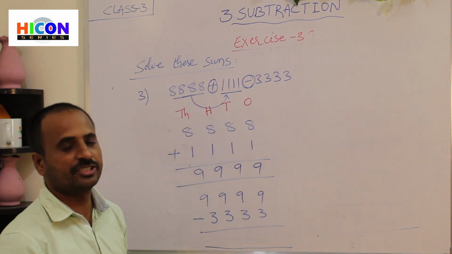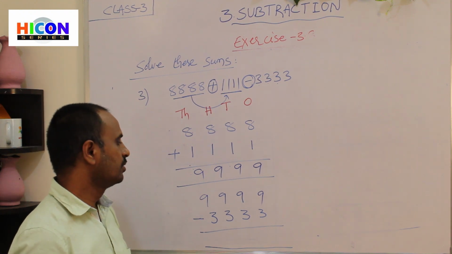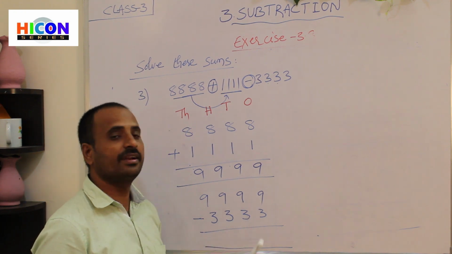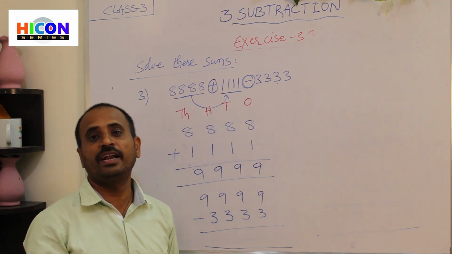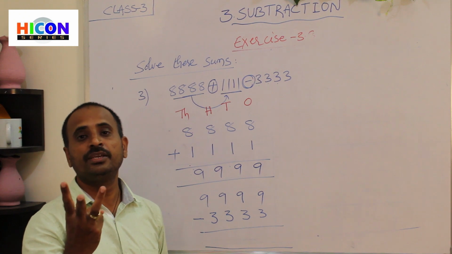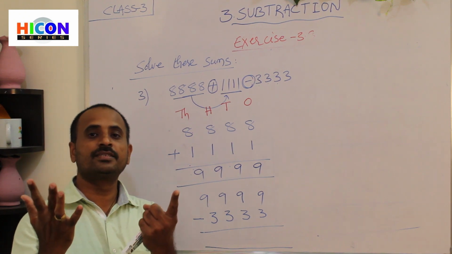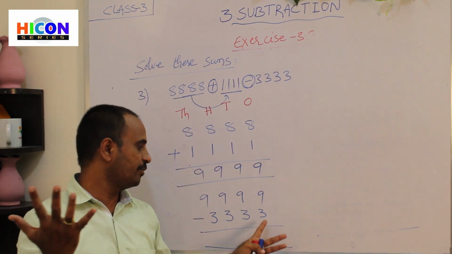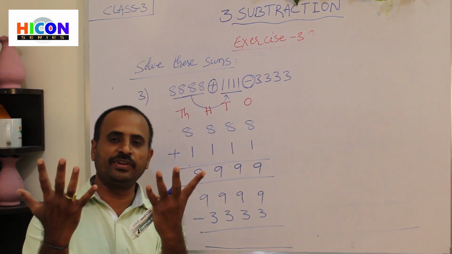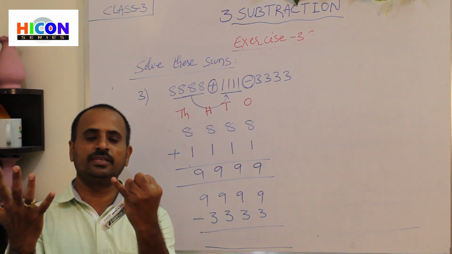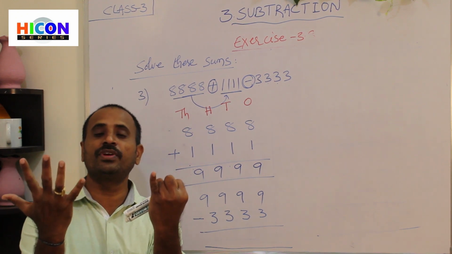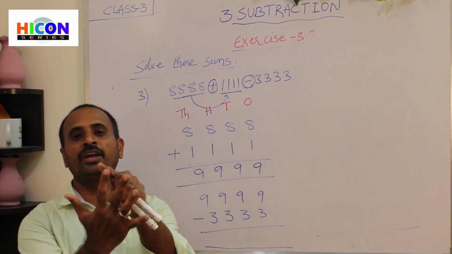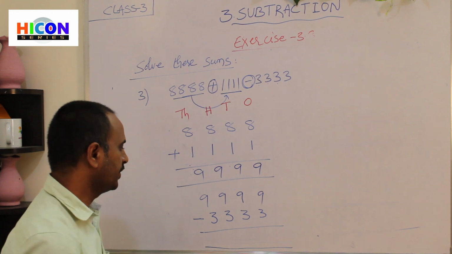So first do the subtraction from the ones place. Now there are 9 and 3 present in the ones place. So what is the first number here? 9. So open 9 fingers of your hand. 1, 2, 3, 4, 5, 6, 7, 8, 9. These are the 9 fingers. What is the second number here? 3. So close 3 fingers, 1, 2, 3. Children, I have closed 3 fingers. How many fingers are remaining? 1, 2, 3, 4, 5, 6. So there are 6 fingers remaining.